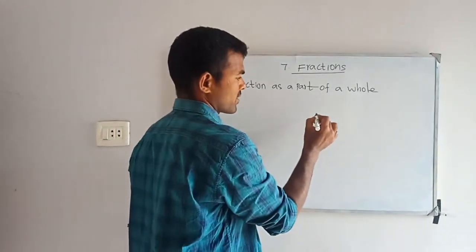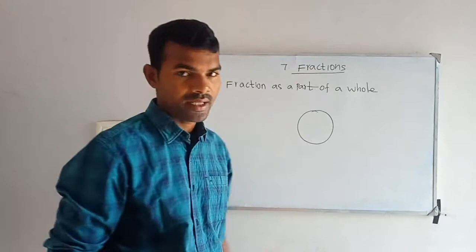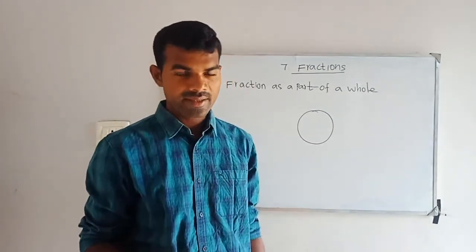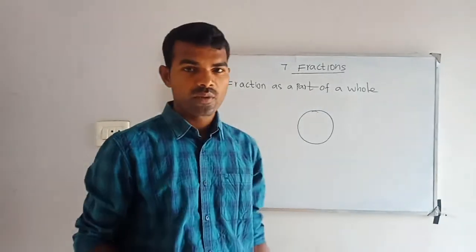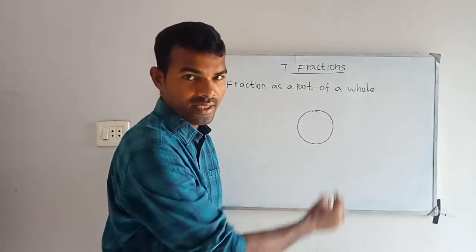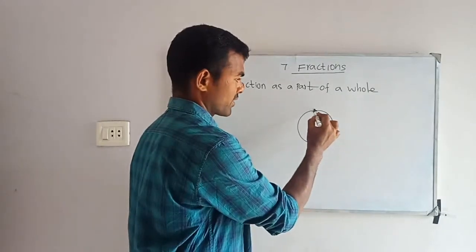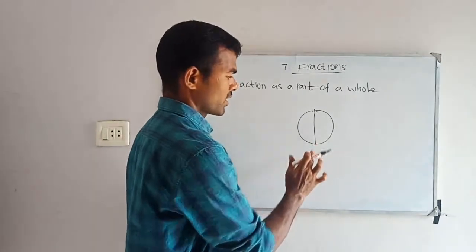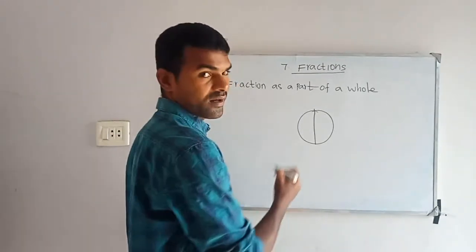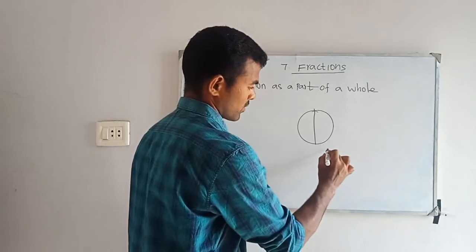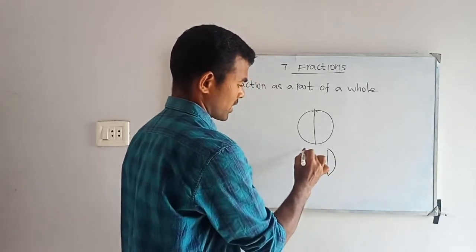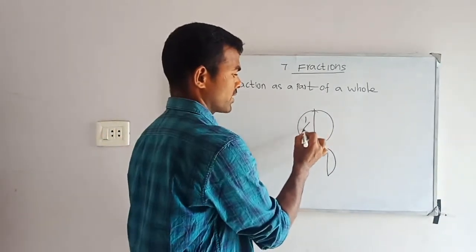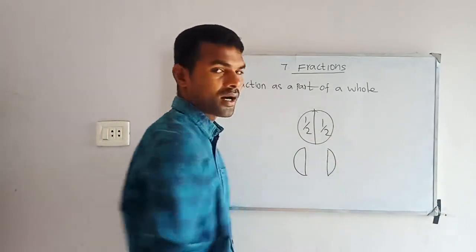Let us imagine this is a cake. We can tell this is one cake. Now what are we doing? We are cutting the cake in the middle. If you cut the cake in the middle, what is happening? We can cut the cake in two pieces. Yes, half of piece. We are cutting the cake like half of piece. So what I am telling, this is the half and this also half.